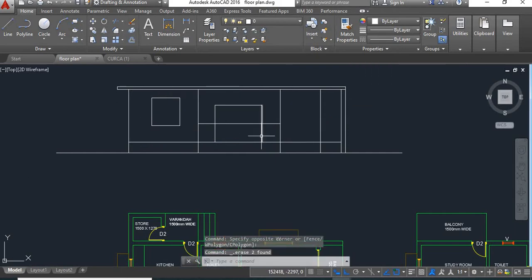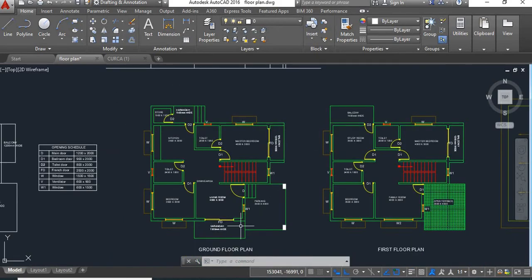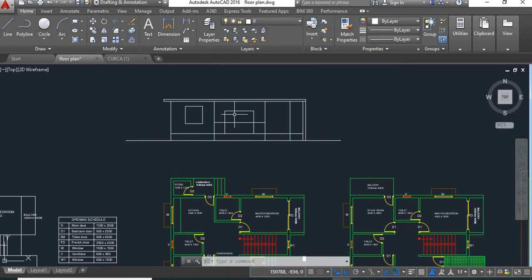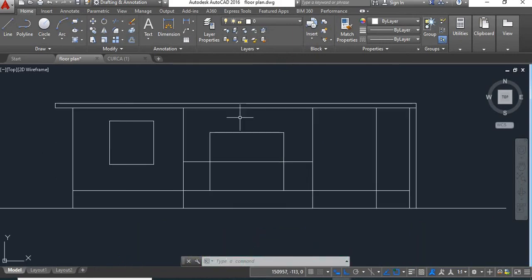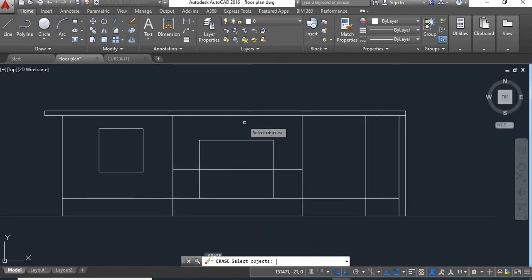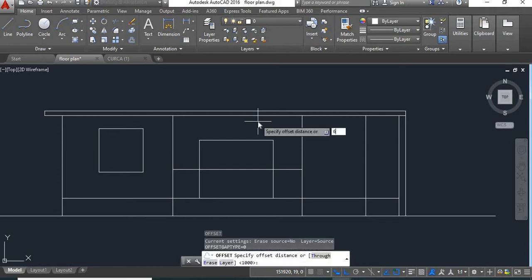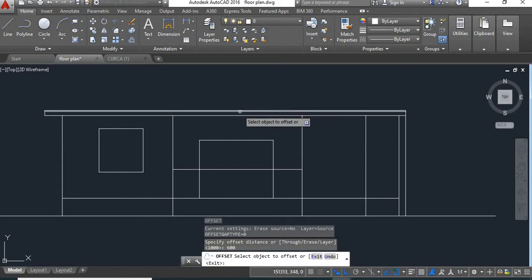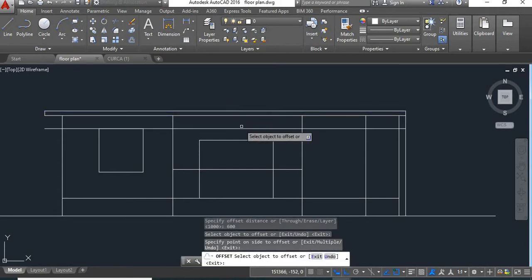So enter. Now here at this veranda, for this veranda and for this parking, we'll provide a canopy. So for that, we'll take an offset. We'll take offset of 600 from here to here.